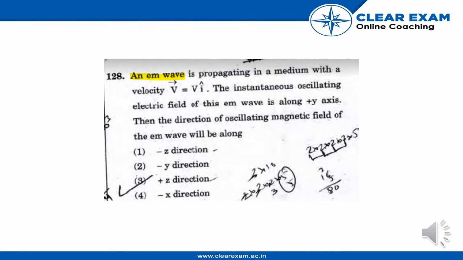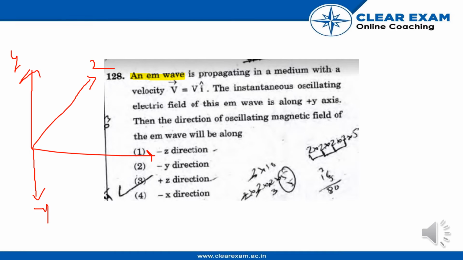An EM wave is an electromagnetic wave that is created as a result of vibration between an electric field and a magnetic field. So there are three different directions. First direction is along the y-axis, second is along the x-axis, and third is along the z-axis. Along with these axes there are three more directions which come under negative directions: this is minus y, this is minus x, and there we have minus z. So there are a total of six directions in which an EM wave can propagate in a medium.